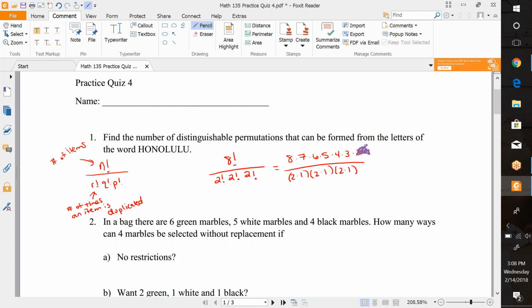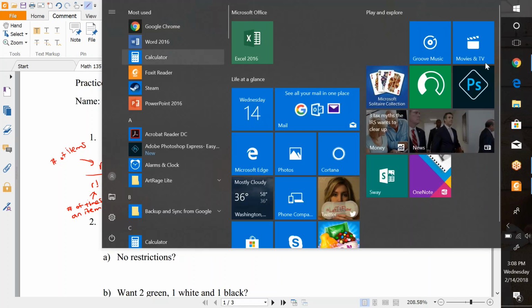So then we would notice that the 2 and the 1 here cancel. 2 can go into some of these other numbers, so 2 can reduce with the 8 and leave us with a 4. This 2 could reduce with the 6 and leave us with a 3. And what happens when you do this reducing is that now you have just a smaller number to multiply out, and you have a 1 on the bottom. So we have 4 times 7 times 3 times 5 times 4 times 3. And if we multiply all of that out,